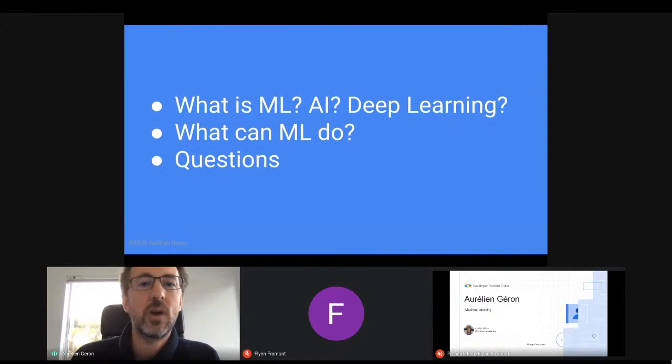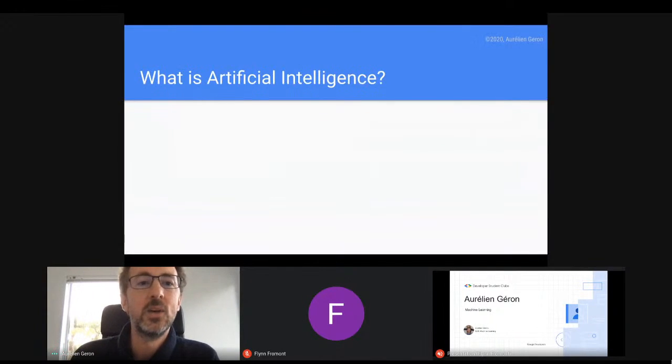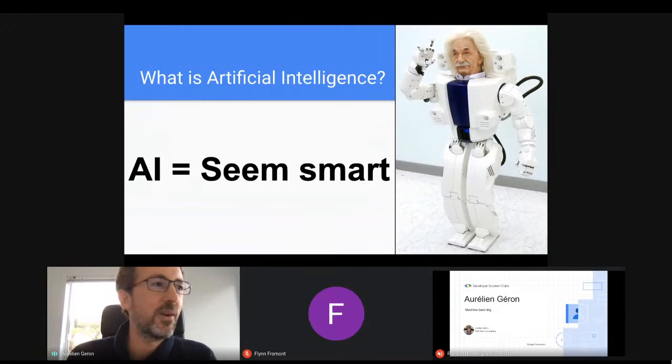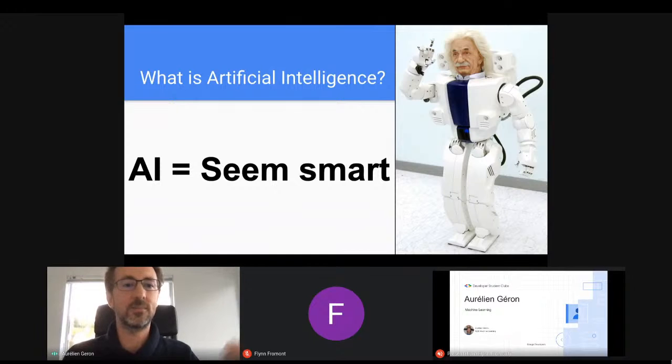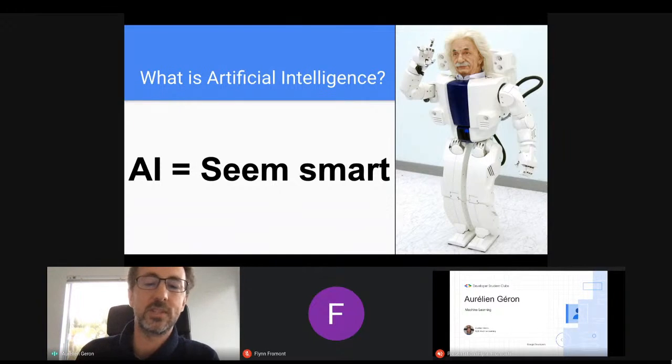So I'll show you how it relates to AI. AI is basically a very kind of umbrella term, which means that you're going to program something that will seem smart from a human's perspective. And this is flexible because what seemed smart from a computer 20 years ago is different from what seems smart today. People now are very used to being able to talk to their phone, and ask Siri or whatever for directions or to purchase something. But just 10 years ago, this would have seemed like science fiction.